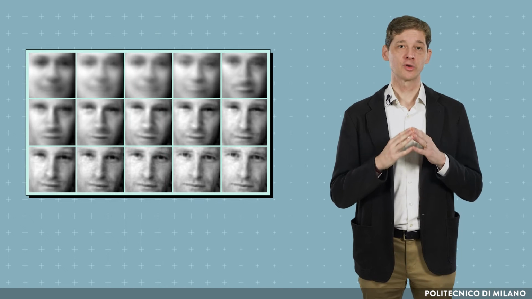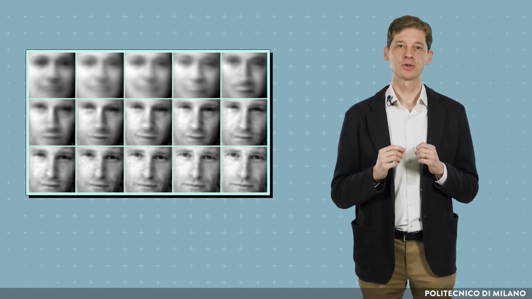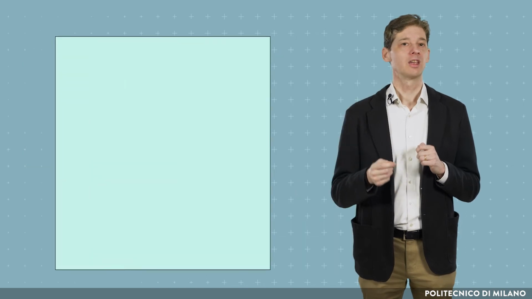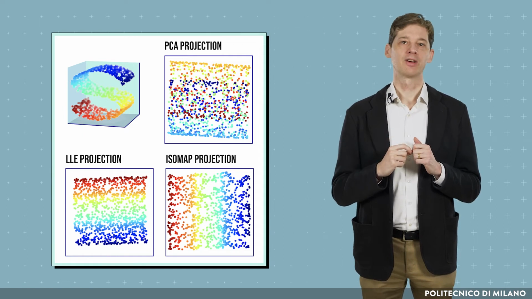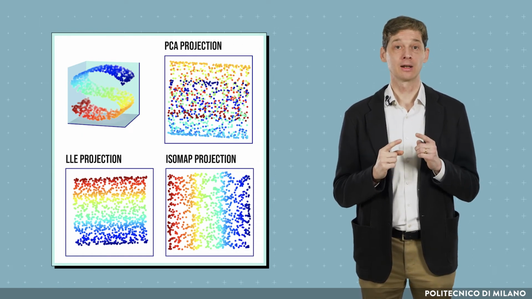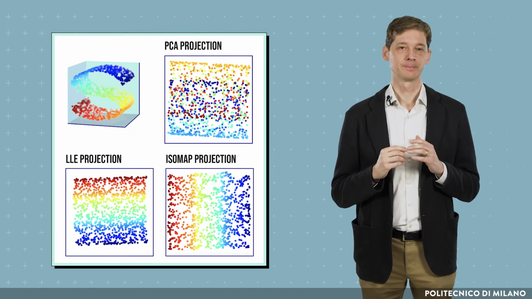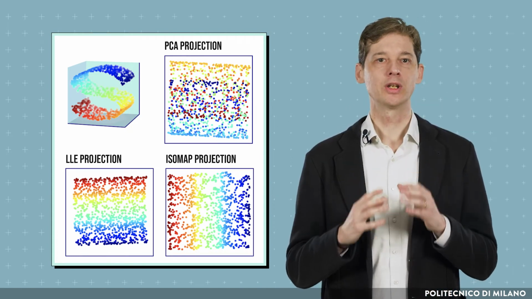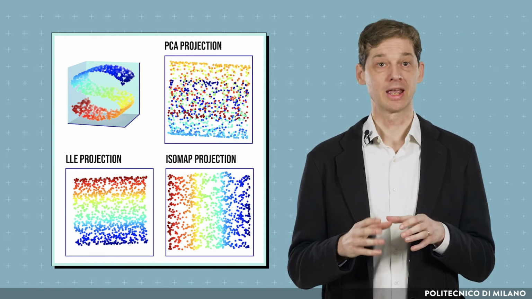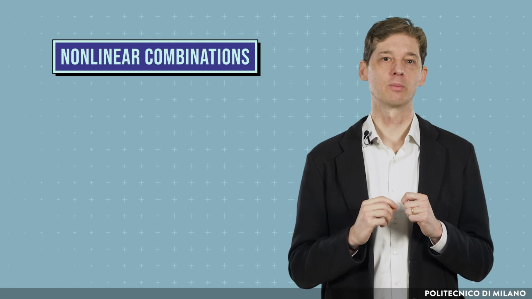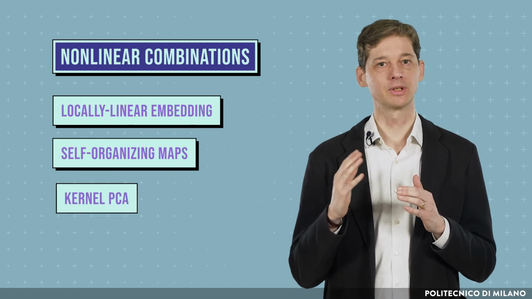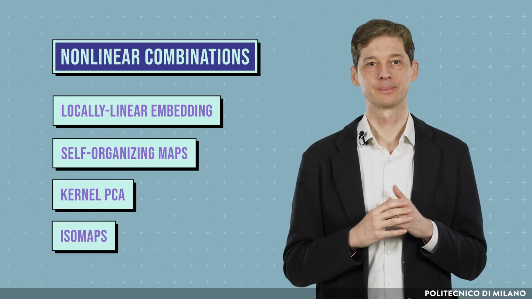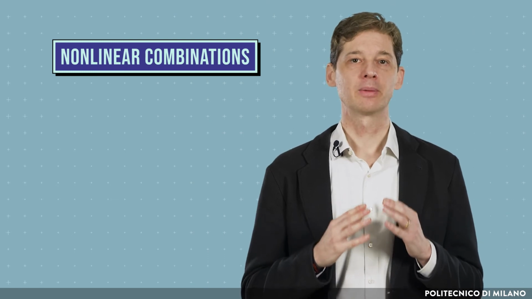Unfortunately, linear combinations of the original features are not always able to capture the inherent structure in our data. If we have a dataset with examples distributed as in the picture, we will not be able to identify a principal direction, even if the data clearly occupy a submanifold of the feature space. In this case, we need to resort to dimensionality reduction approaches able to create new features that are non-linear combinations of the original ones, such as locally linear embedding, self-organizing maps, kernel PCA, isomap, and many others. Recently, deep learning methods have also been proposed to perform nonlinear dimensionality reduction.